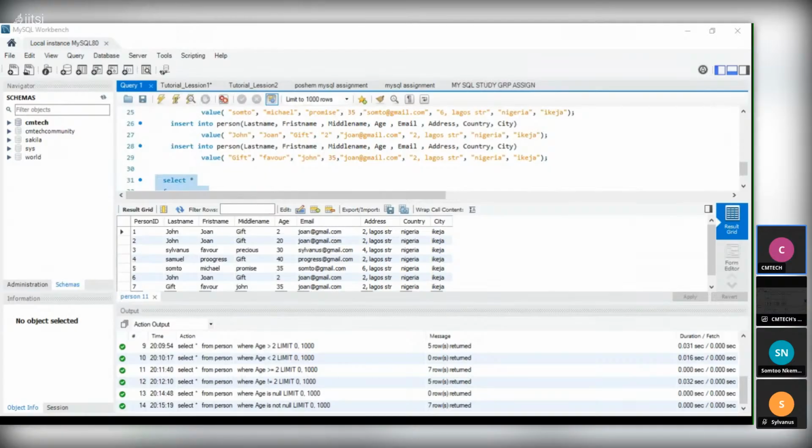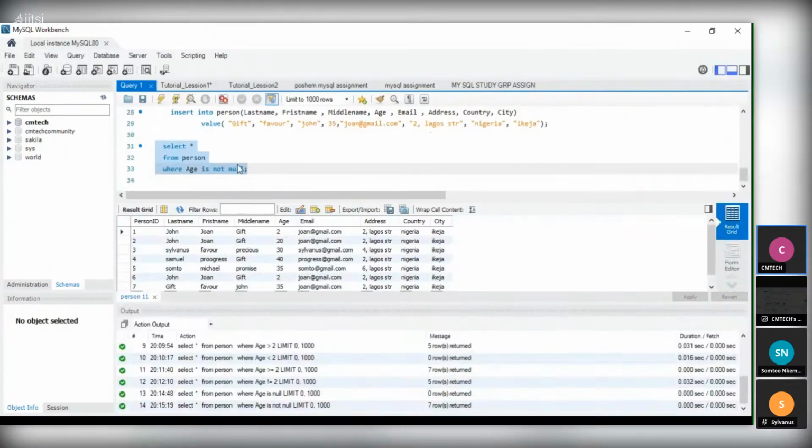Now we want to see how we can update a column or a particular statement. So UPDATE is a statement in MySQL. UPDATE is used to modify existing rows in a table.